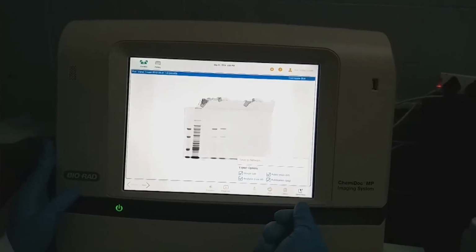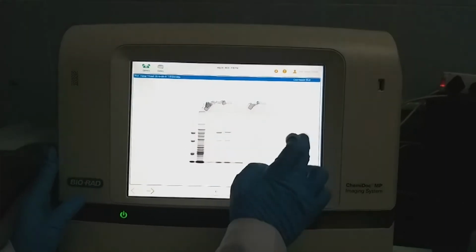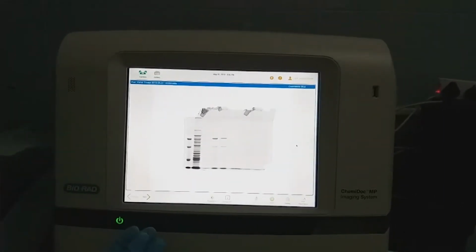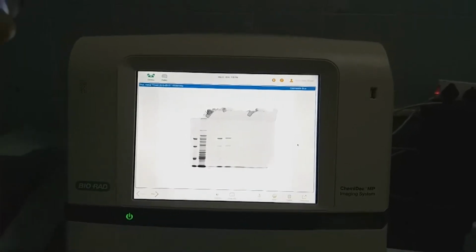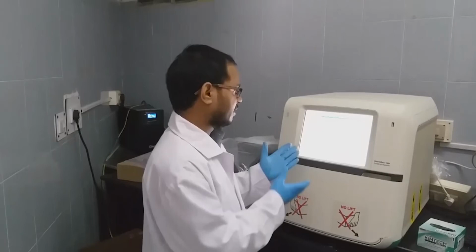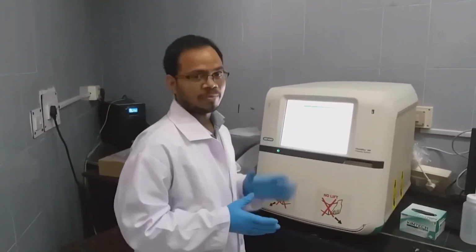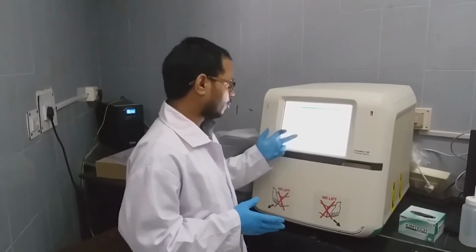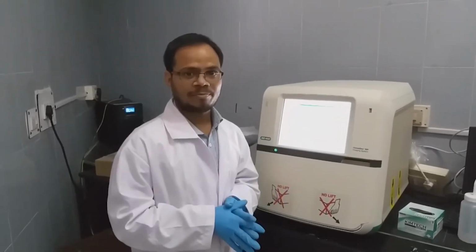If you have any drive connected, you can send it directly. For the image analysis part, we'll show in the upcoming video how to analyze which molecular weight this band of interest corresponds to. We already loaded the molecular weight marker, so we can easily find out using ImageLab